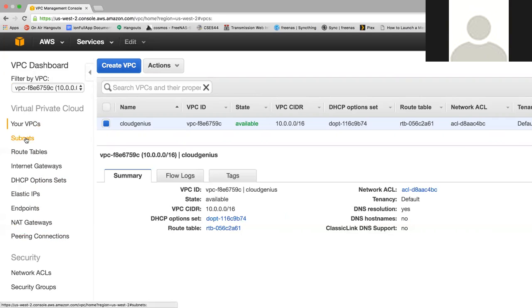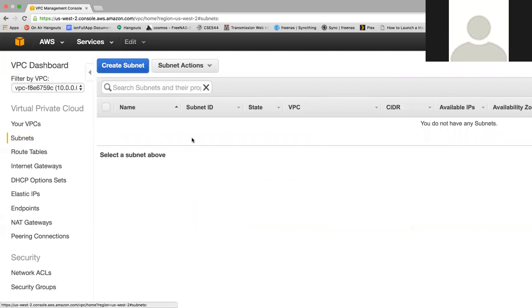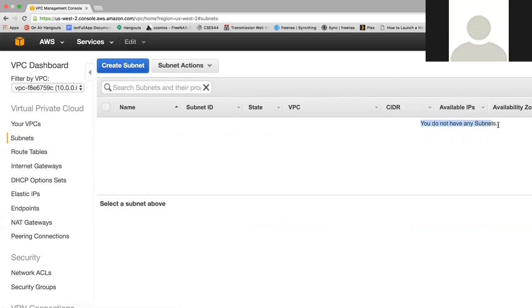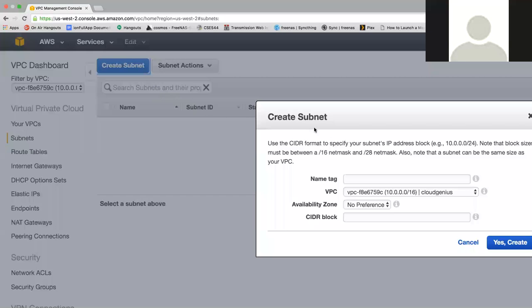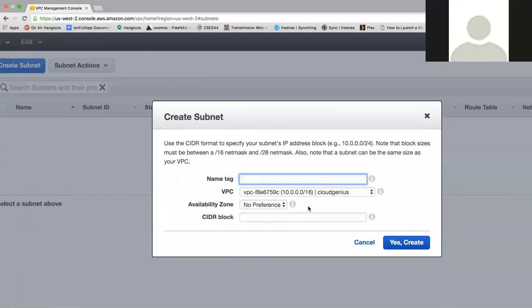So click on the subnet section and you will find there are no subnets. You do not have any subnet. Okay, so what do we do now? Create one. Click and say, give me a subnet. I'm going to call this subnet border check. Just a name. Make sure that I'm selecting the VPC that I chose, Cloud Genius. And in here, my CIDR block,